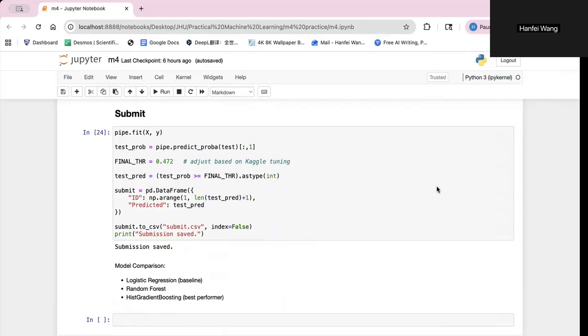And then finally, after selecting the final threshold, I trained the model on the full training data set. Then I predicted probabilities on the test data set using the chosen threshold, and I created the final submit.csv file and uploaded it to